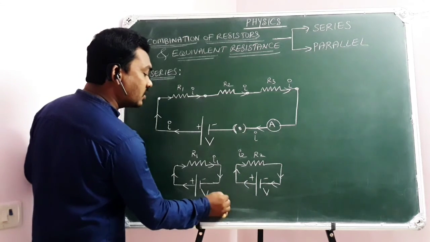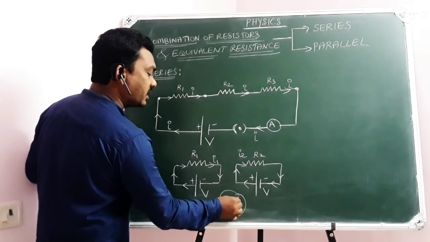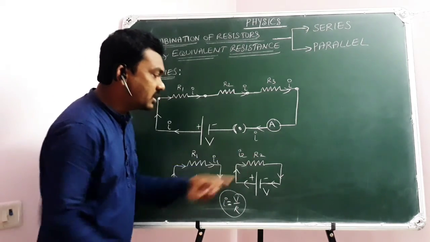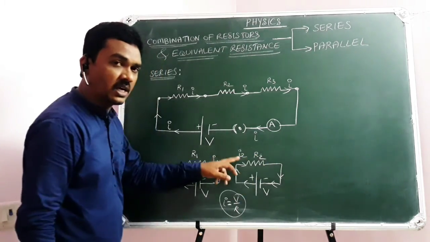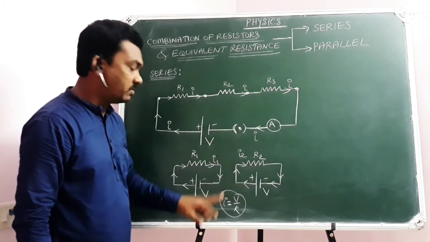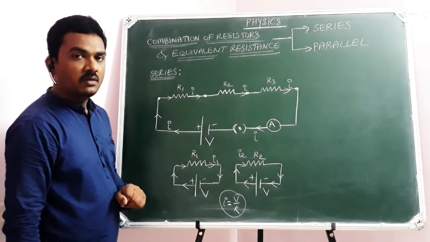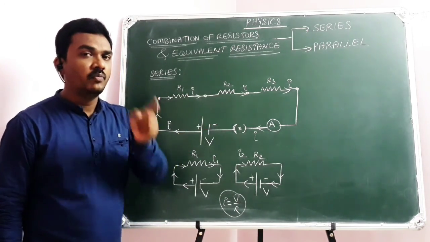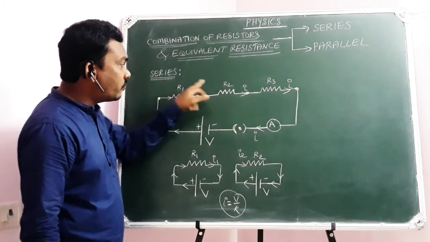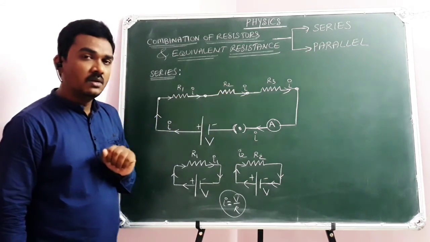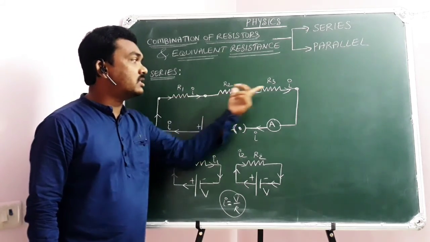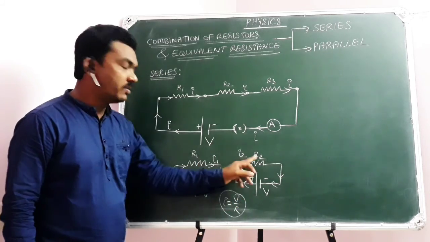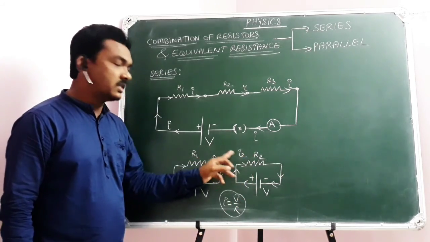We know the electric current I equals V by R, Ohm's law. The same battery is given to both, but their resistances are different. That's why you can expect different currents through different resistors, no doubt, because I = V/R. The same doubt you may get: sir, here they offer different resistances, how can I expect the same current? Yes, though they offer different resistances, the potential difference across them is also different. Here the same potential difference is applied to each and every one, so the resistors are different, and that's why the currents are different.